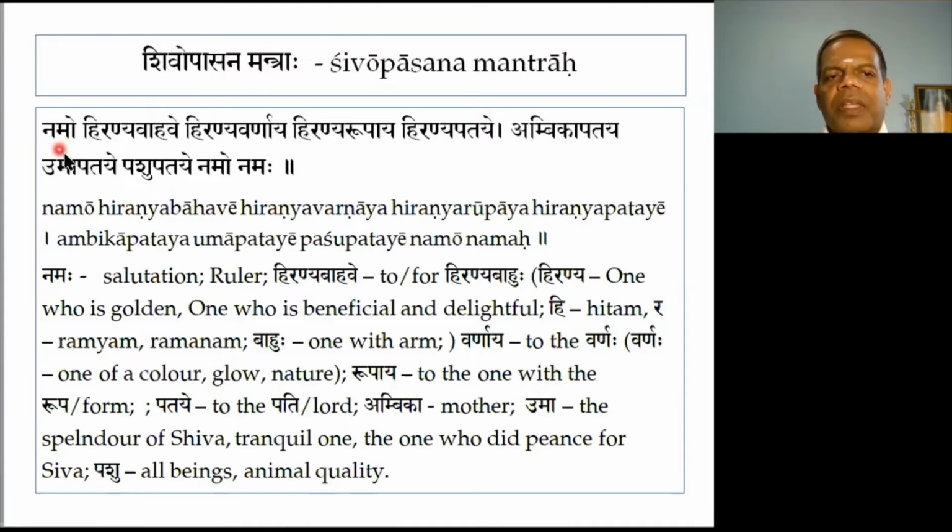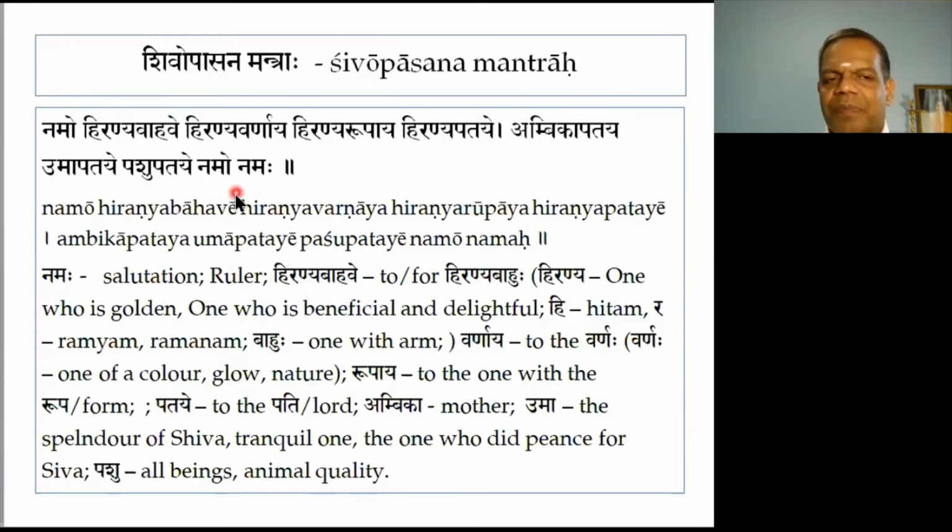Namo Hiranya Bahave. This is Ba, okay? Va is just like a D, and there's a line in between. I think if it's not very clear here, hope you can see it. Ba, Hiranya Bahave, Hiranya Varnaya, Hiranya Rupaya, Hiranya Pataye, Ambika Pataye, Uma Pataye, Pashupataye,